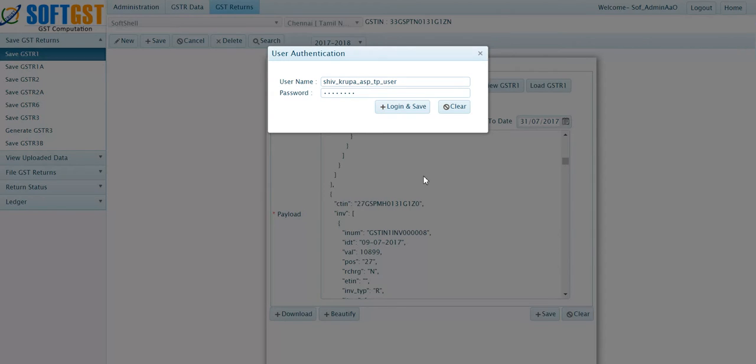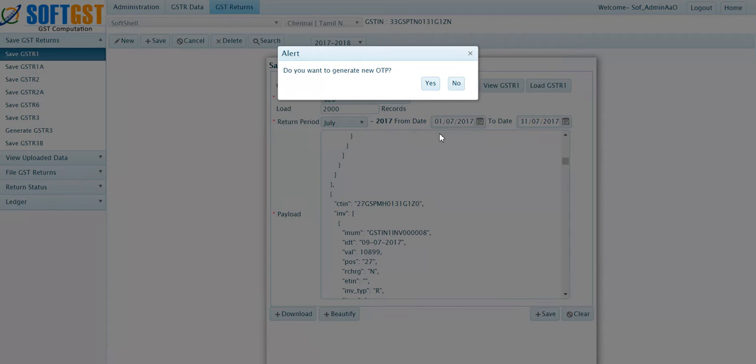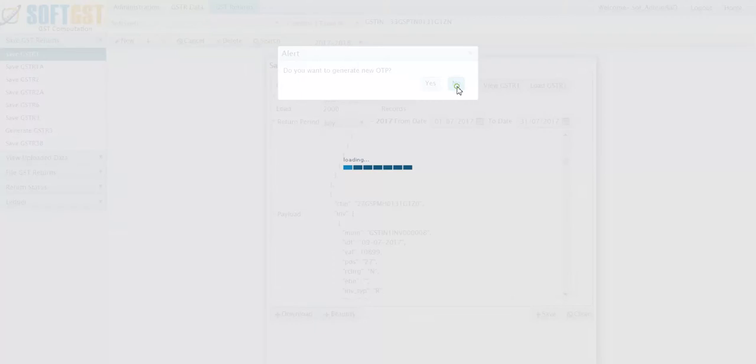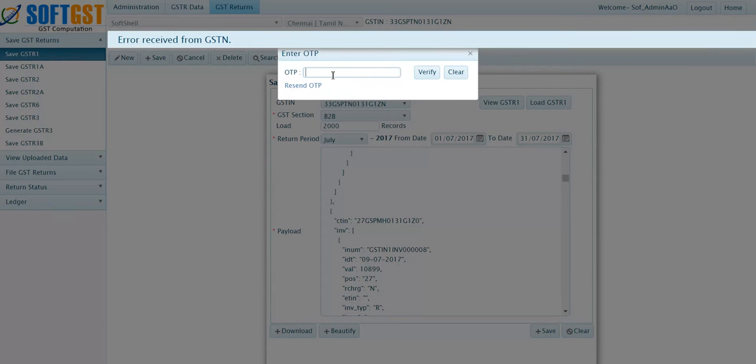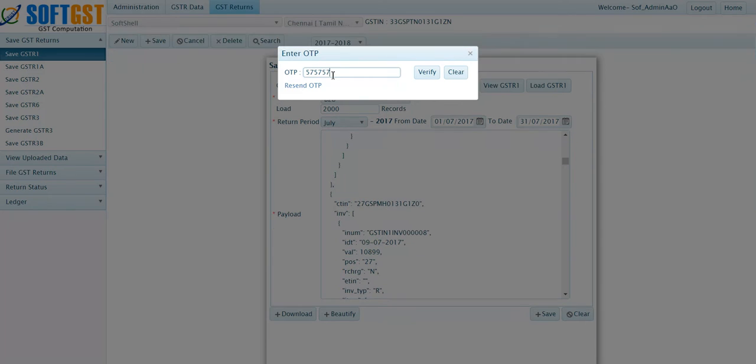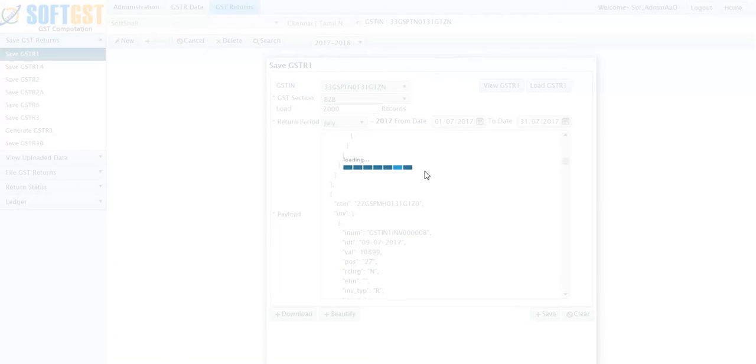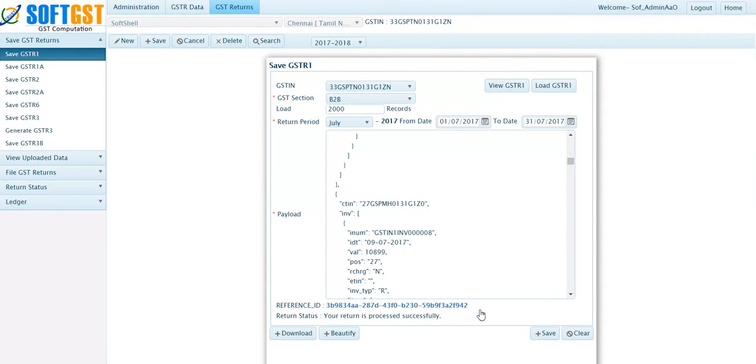This user authentication is the authentication at the GSP side. This is the username and password. Just for testing purposes on a sandbox, if someone wants to generate a new OTP, he can do that, or if he doesn't want to, he can reuse the existing OTP. Once the verify is done and the authentication is done,